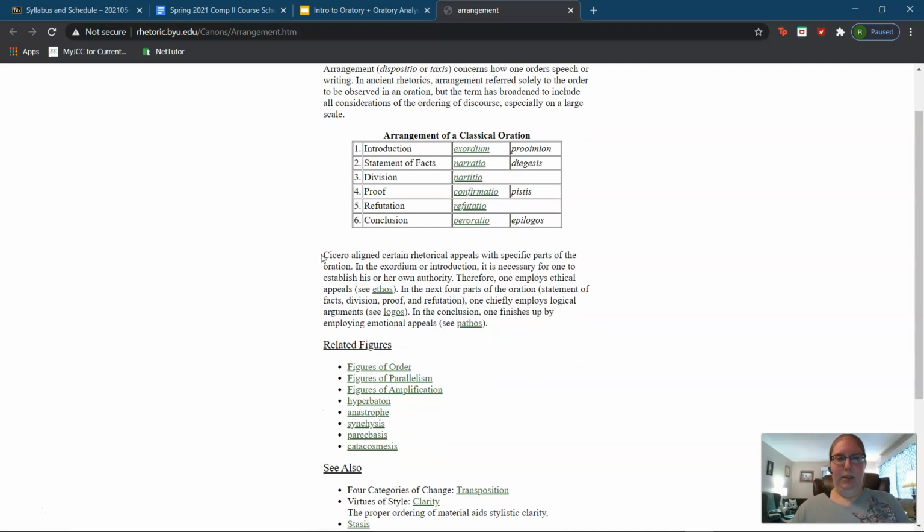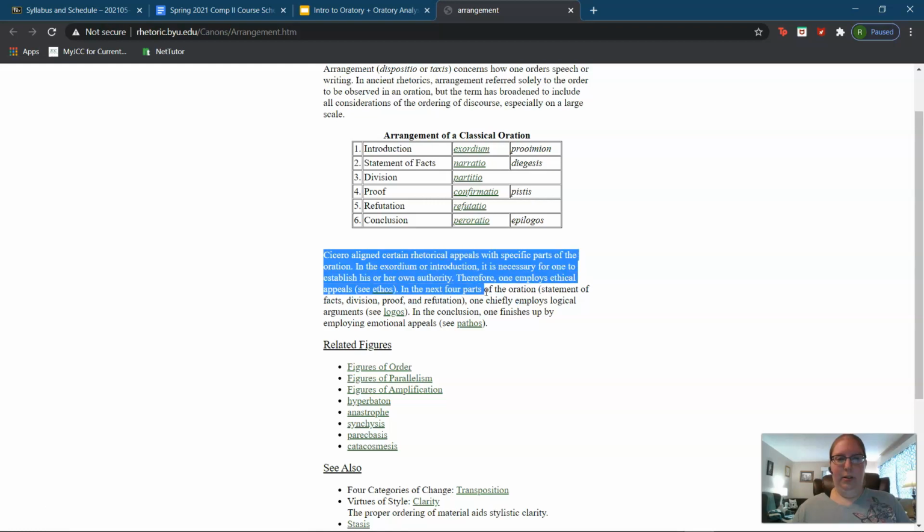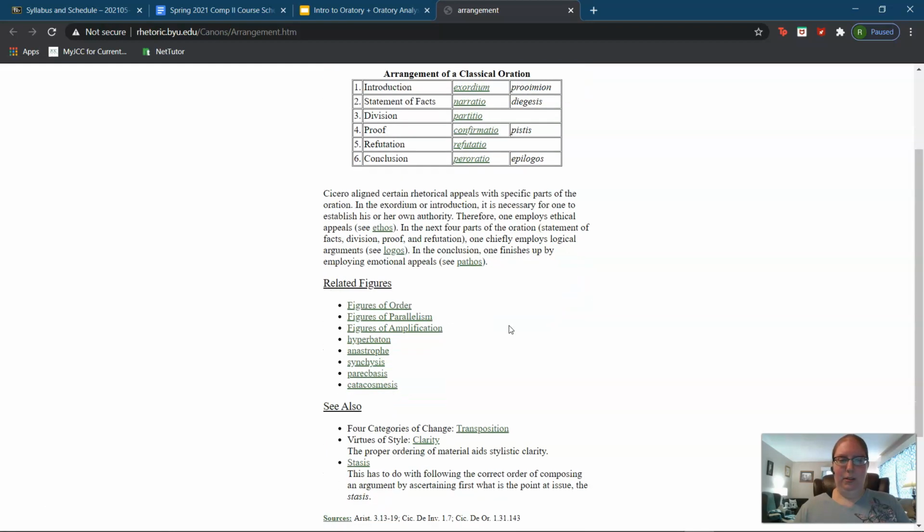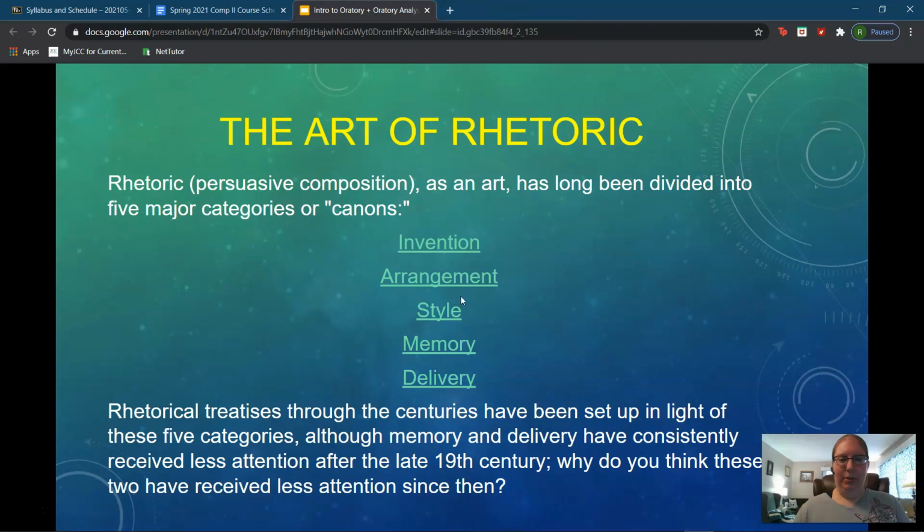So with that in mind, Cicero, who was a colleague of Aristotle's, aligned certain rhetorical appeals with specific parts of the oration. In the introduction, it is necessary for one to establish his or her own authority. Therefore, one employs ethical appeal, and in the conclusion, one finishes up by employing emotional appeal or pathos. So with that in mind, going a little bit further,